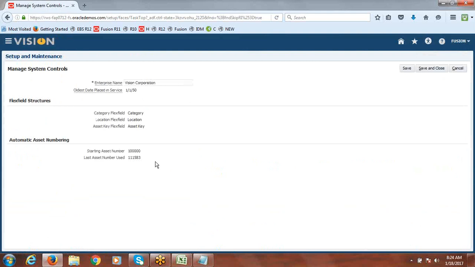You cannot undo this. Oracle created the category flex field as a category, but we created a fusion category, fusion location, fusion asset key, but those we cannot replace here. It's a one-time setup. So these are selected here. That means we have to make sure that these only are active. But just for our testing purpose, before we go and create our own structures, we disabled existing structures. But since those are selected here, those should be active. And if one structure is going to be active, the other structure should be inactive.